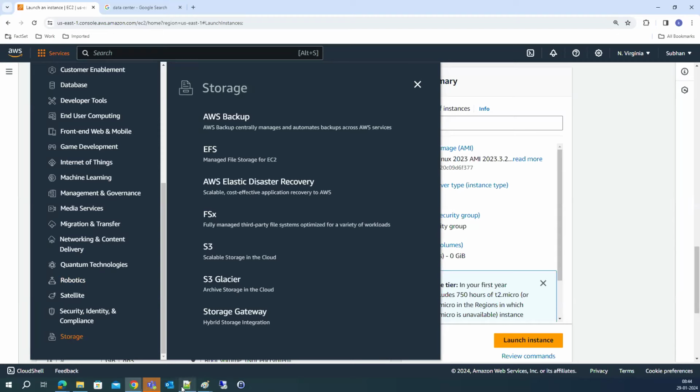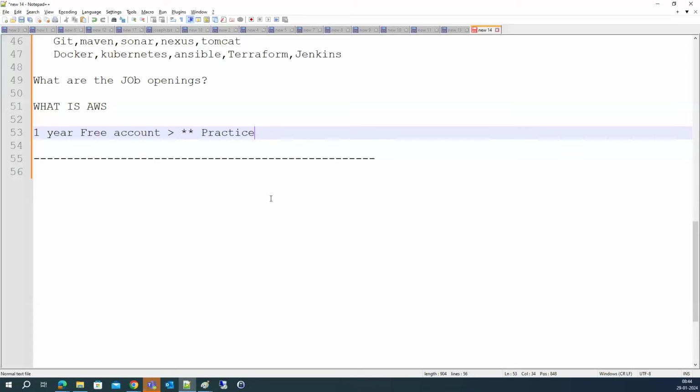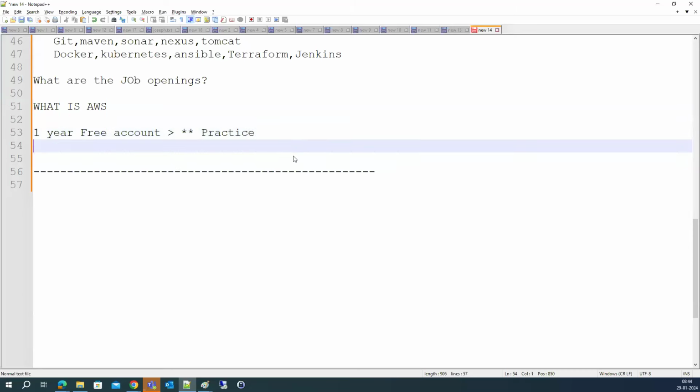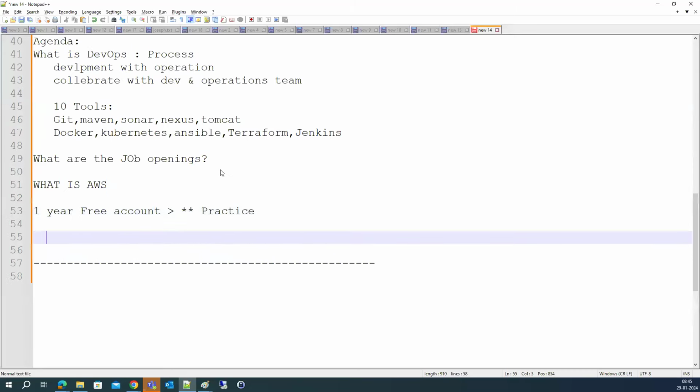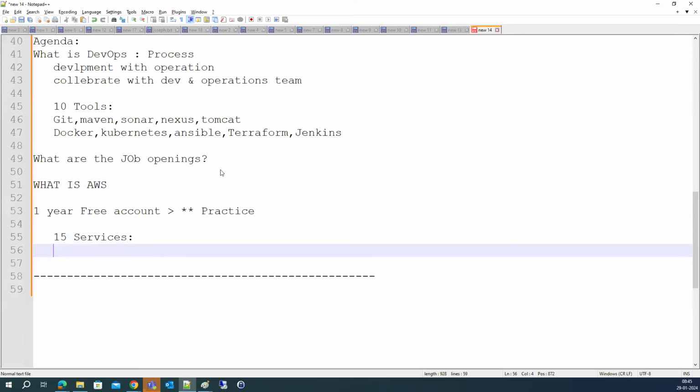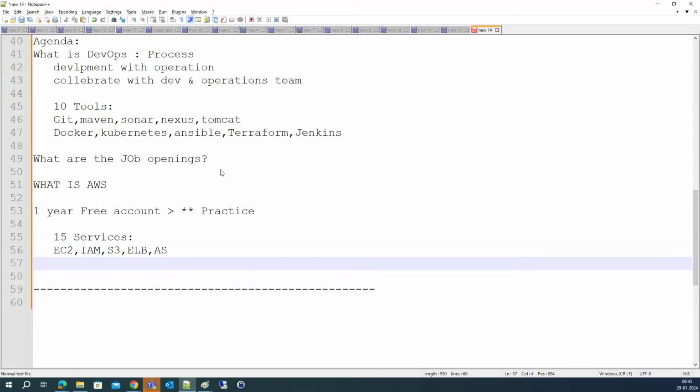So in our course, guys, if you want to crack an AWS DevOps job, from the AWS point of view, I'm going to teach you 15 major services. What are the 15 major services? I will teach you EC2, IAM, S3, ELB for load balancing, AS for auto scaling,